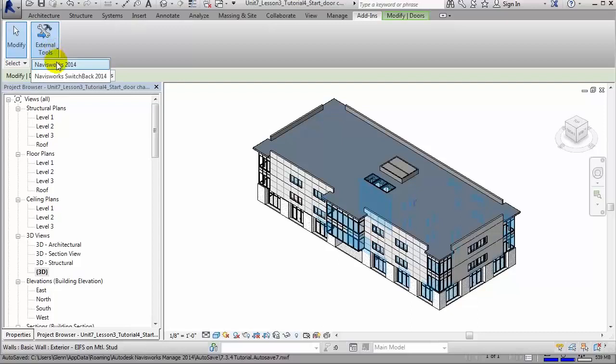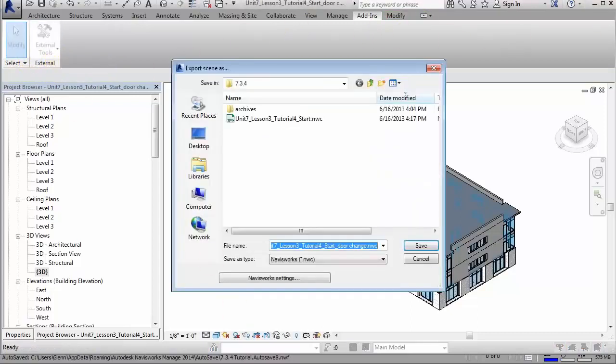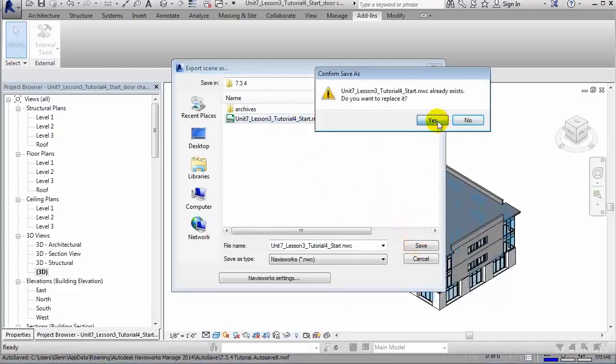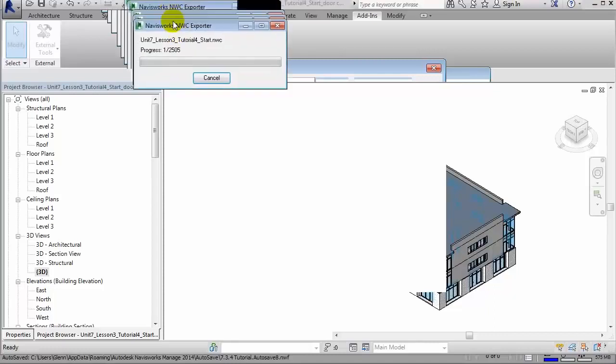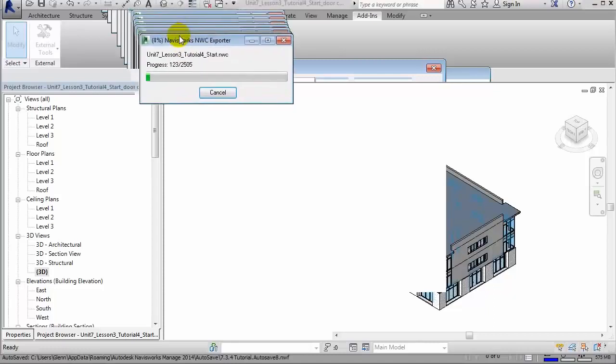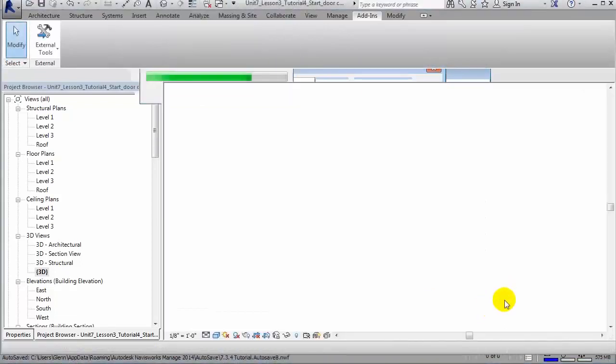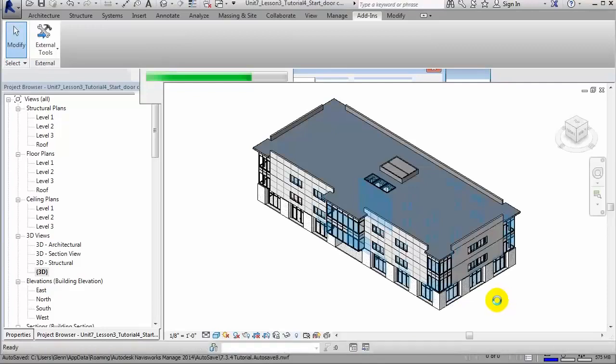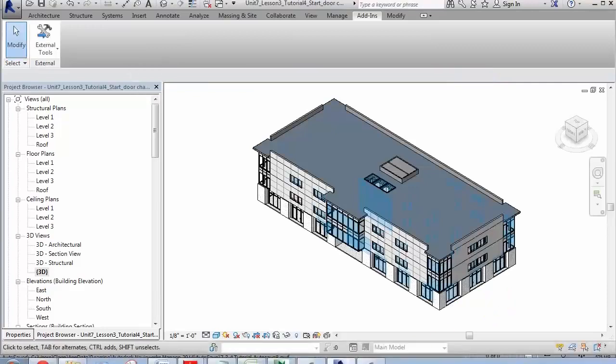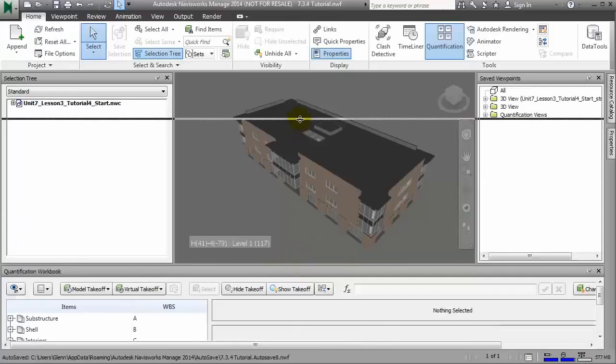I export out the Revit model again, being careful to override the original NWC file from which we were getting our takeoff quantities. Be careful to go to a complete 3D view so that all the elements get exported. Then back in Navisworks,